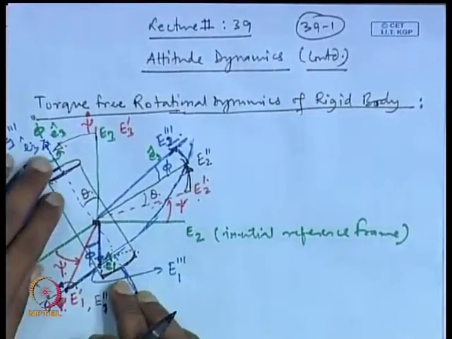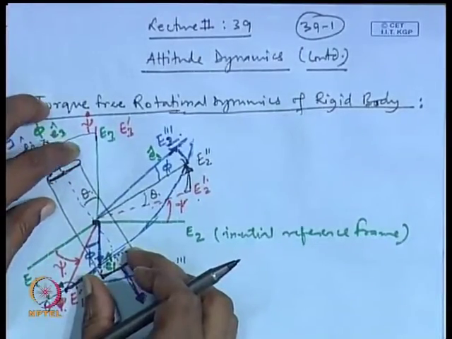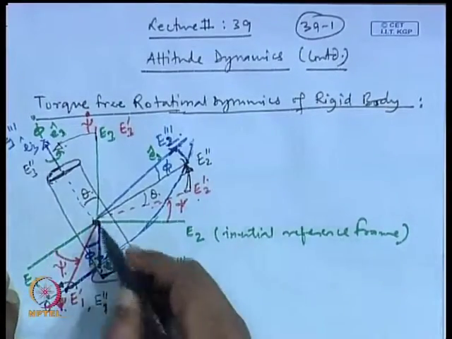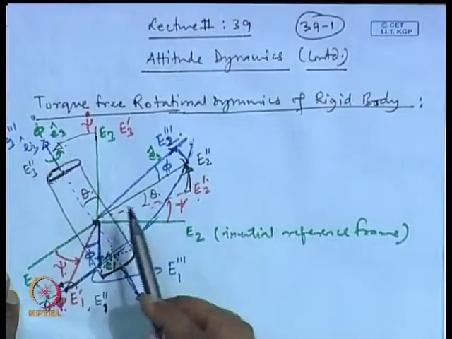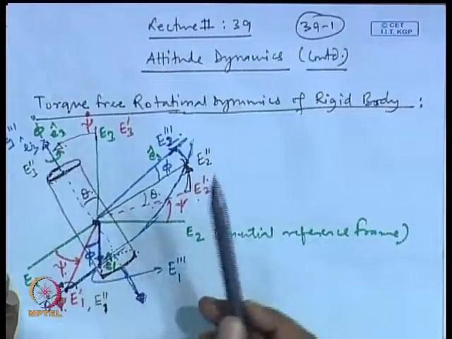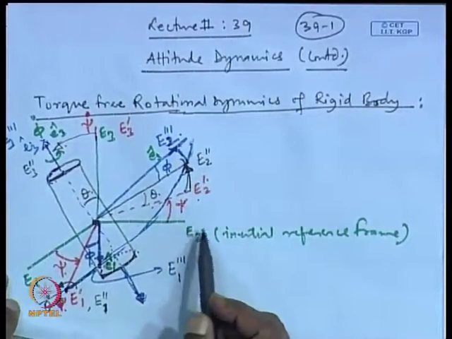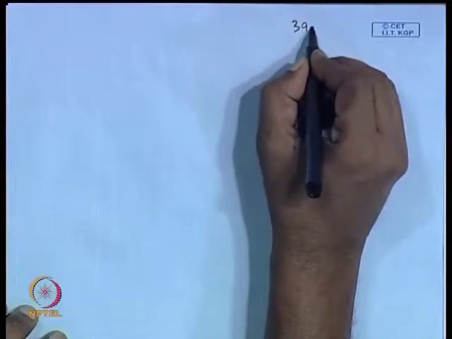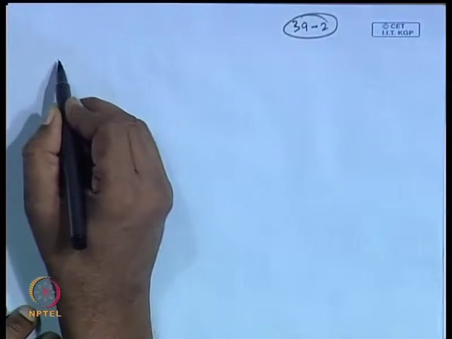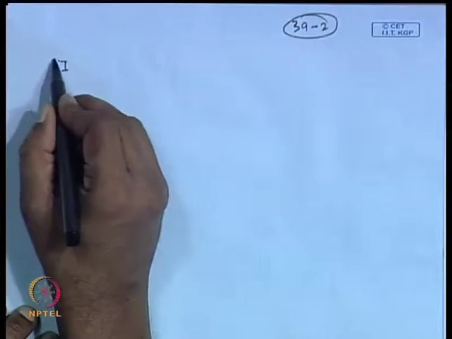We are using a body of revolution right now to ensure that the axes we are choosing are the principal axes, so that the off diagonal terms will be 0 in the equation of motion. Finally, for this body, the same Euler equation we developed earlier can be used. So, using Euler's dynamical equation, we wrote the equation in this way.